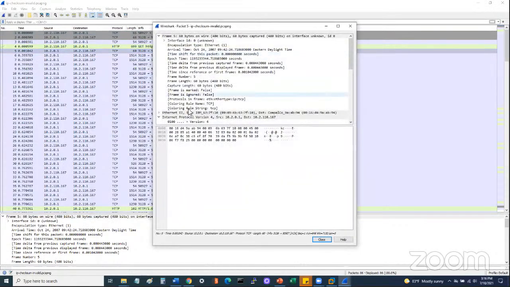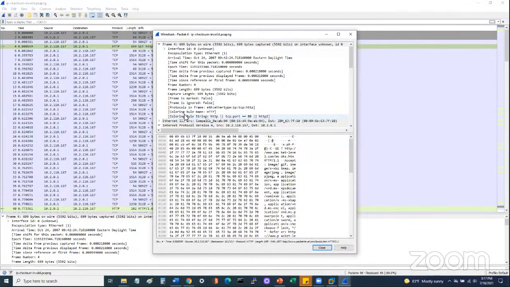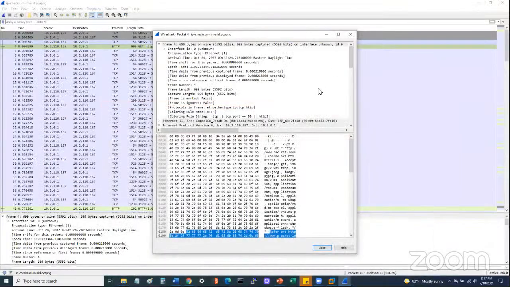And then when we look at these, we'll see the coloring rule is for TCP, basically anything that's TCP is going to show up in this purple. So again, I can change this if I don't like the purple, if I want it to show up as something different. And then we can also see, for example, that this particular one is showing up as HTTP. So any packets that are HTTP traffic are showing up as green per our coloring rules here. And I think that is, yes, that is all that we have for today.